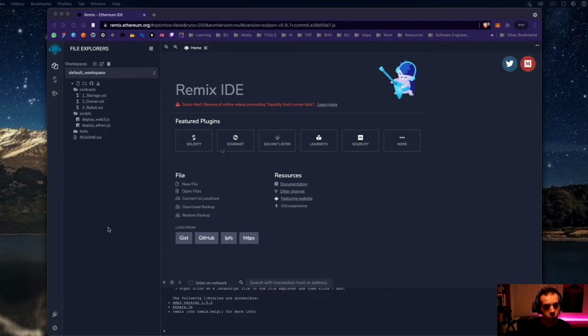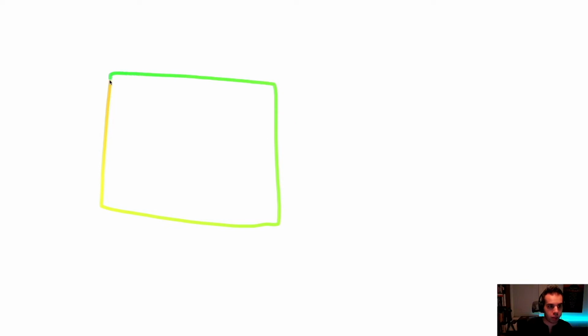The first thing that we're going to do when we want to create a dApp, at least in my opinion, is we want to architect a little bit of what we are going to do. So I think one of the things that I just want to have us draw up, and we're going to use ScreenBrush to do this. So something that I'm just going to have us do is I want us to really think about what's going to be happening. So there's going to be this application, right? There's going to be the blockchain here.